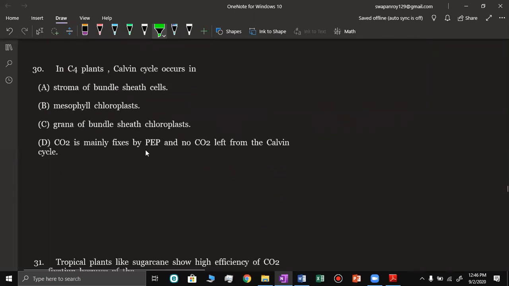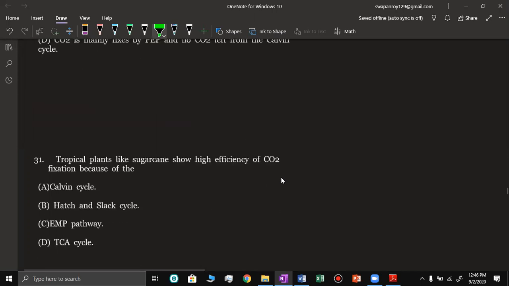Next question. Number 30, in C4 plant, Calvin cycle occurs where? Bundle sheath cell, the stroma of the bundle sheath cell in C4 plant. Okay. Next is